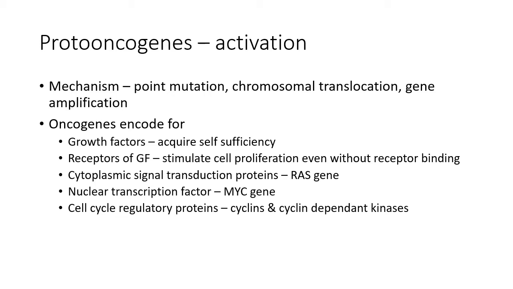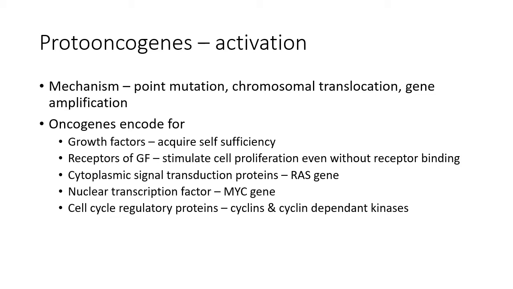Number 1 is growth factor. Growth factors are small polypeptides which are elaborated by certain cells, and they normally act on another cell. That is, their action is paracrine. It is prepared by one cell and it acts on another cell and causes growth of it. But here in tumor, what happens? The tumor cells themselves produce growth factors and they respond to that growth factor as well. That is, they acquire self-sufficiency. They produce growth factors necessary for themselves. Examples of growth factors include platelet-derived growth factor, transforming growth factor, etc.